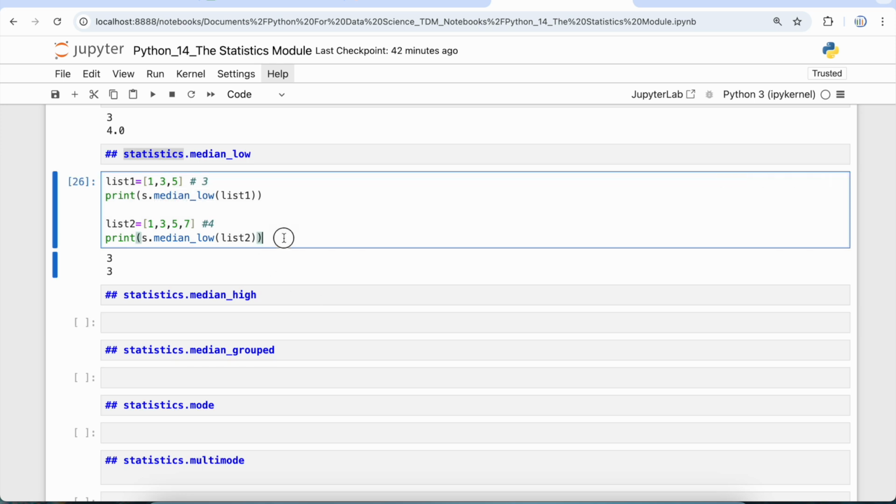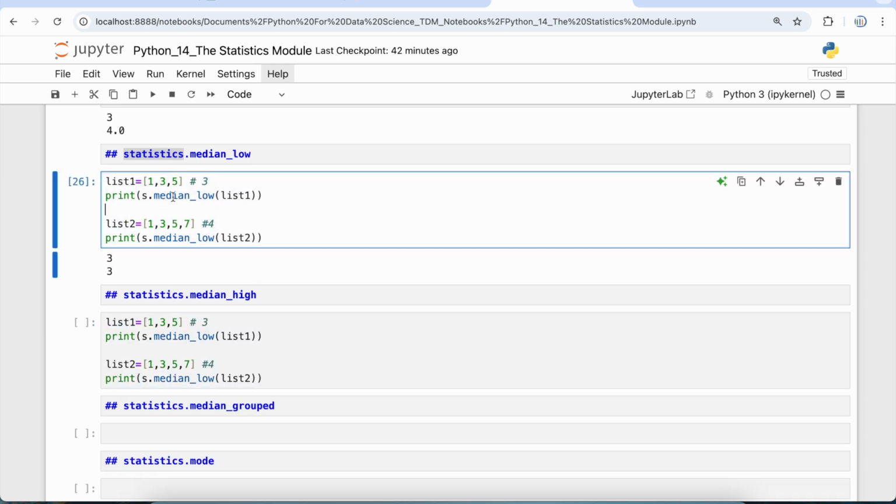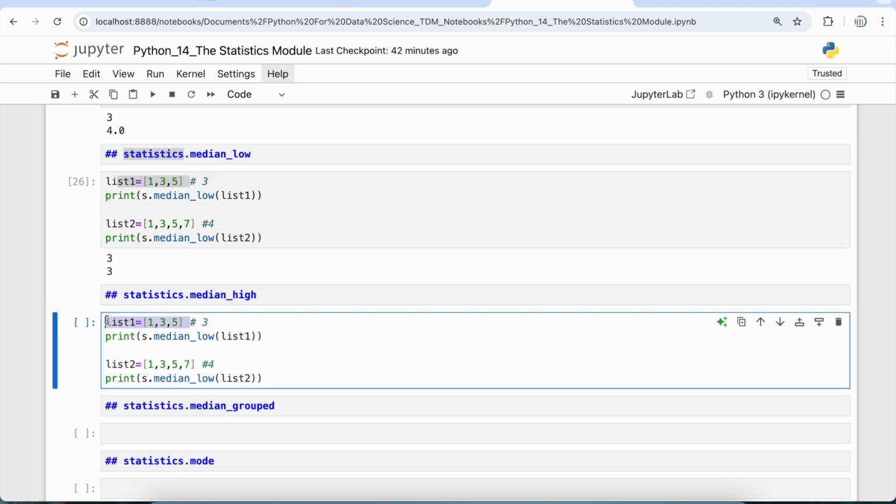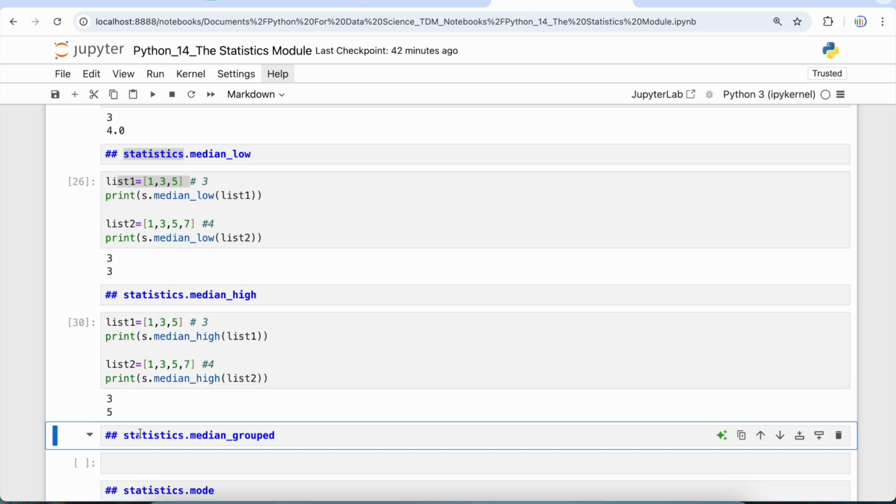So let's take the example from our previous video, which we have used. Our list1 over here had 3 elements, so this is odd, and list2 had 4 elements, so this is an even number of elements, right? Now instead of this low, if I use this median_high function over here, let me copy this median_high and put it over here, and if I run it, you can see that